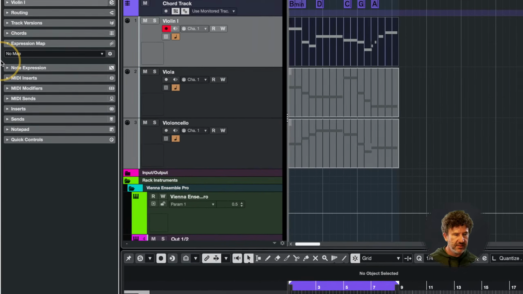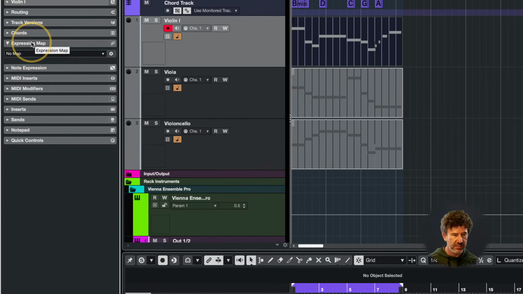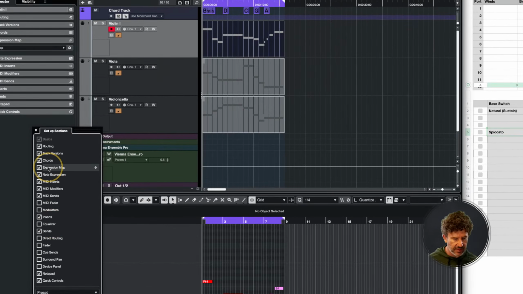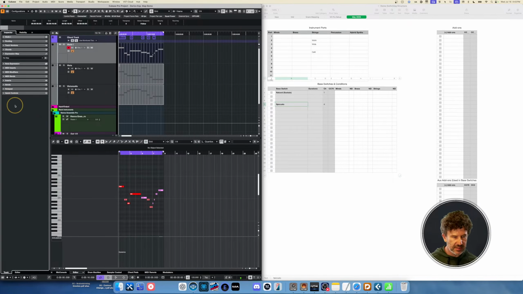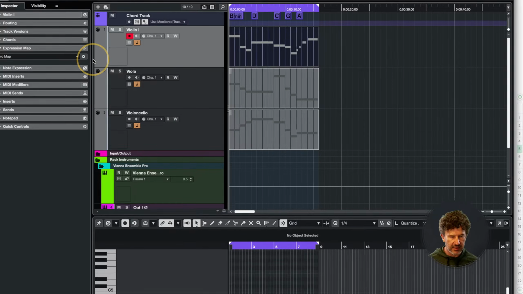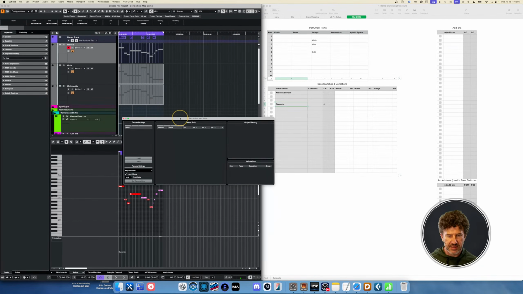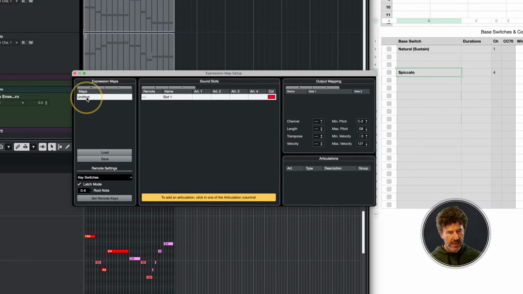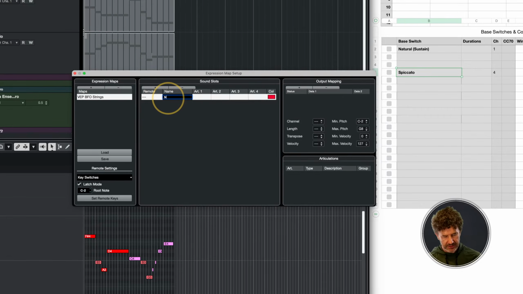So I'm going to, on the left-hand zone, open up the inspector and go to the expression maps. If you don't see that, then right-click and go to Setup Sections and make sure that you have expression maps checked off here. Sometimes that's not enabled by default. Okay, I'm going to open this, click that little expression map window, and this is how we create an expression map. It looks very different than what we see in Dorico, but I'm going to go ahead and create one. I'm going to call it VEP BFO strings, okay, and I just needed natural,